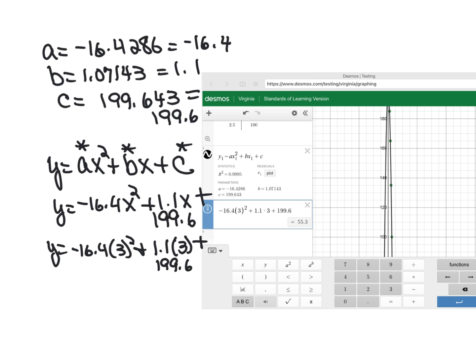And when I do that, I get an answer of 55.3. So my y value would be 55.3. Therefore, what I would need to